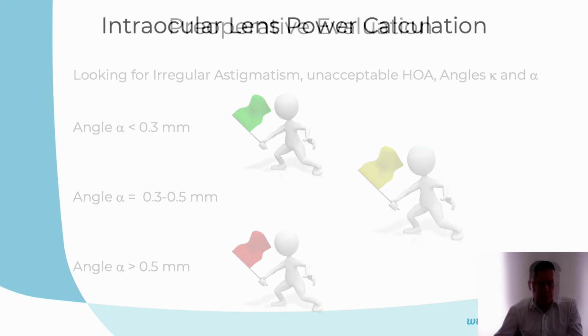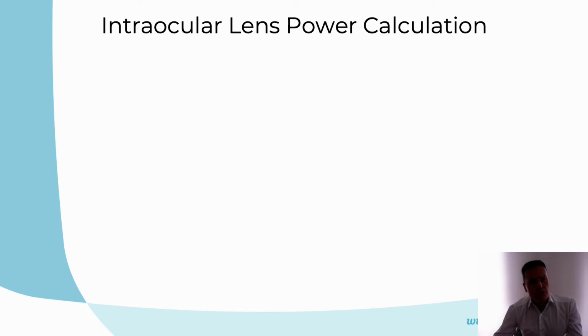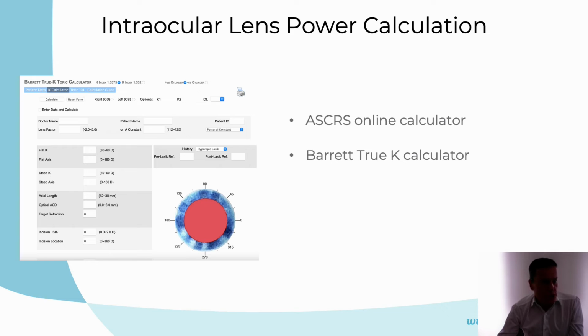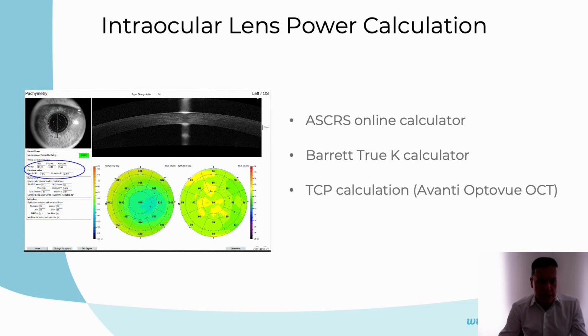Now, what about the intraocular lens power calculation? You have a very nice online calculator by IOLs Post, and you can put in all the numbers here, and then you can click calculate, which gives you a number for the IOL to implant. Another very good one is the Barrett True-K calculator post-refractive surgery. But I used to use them many years ago, but I switched now to the total corneal power calculation,